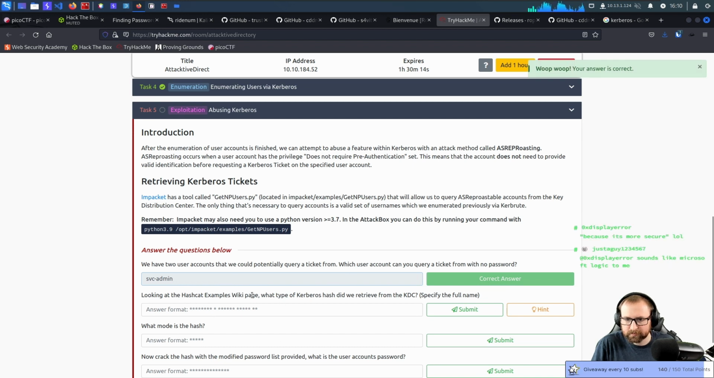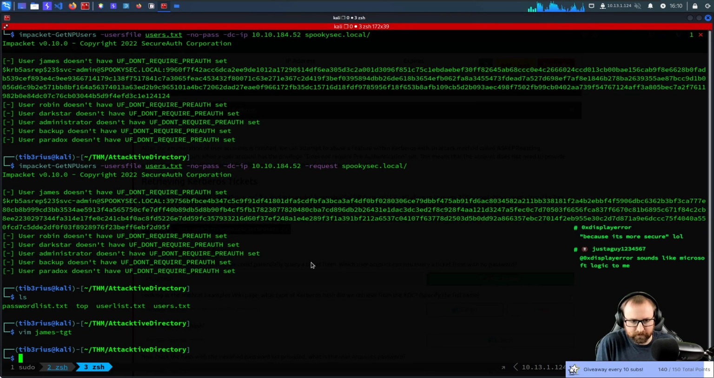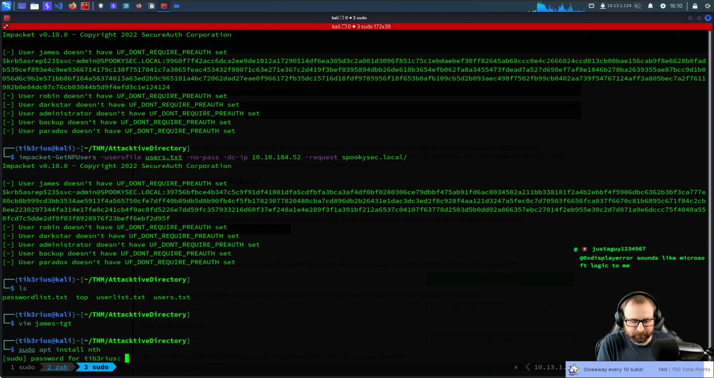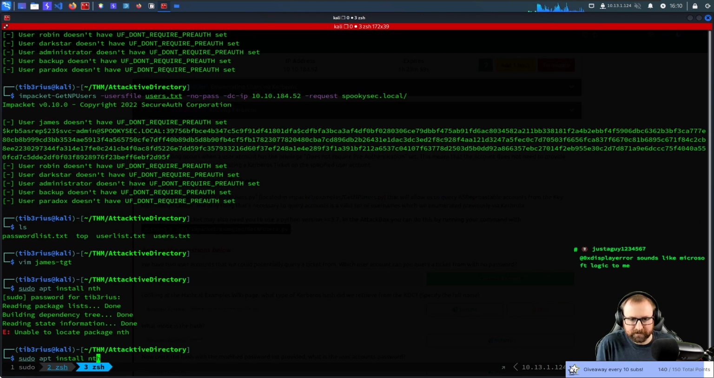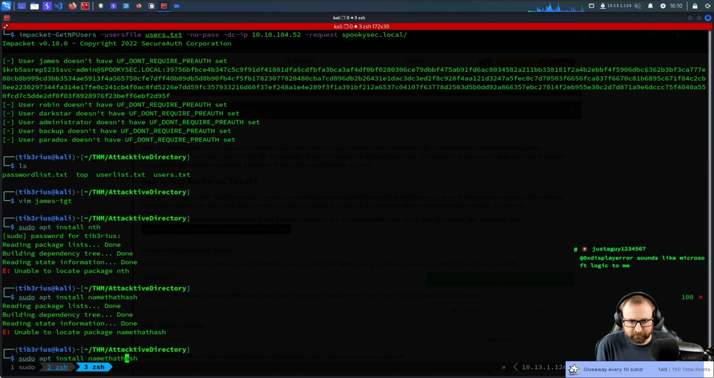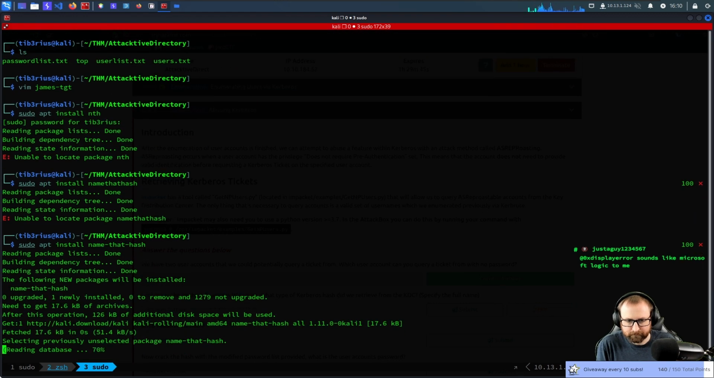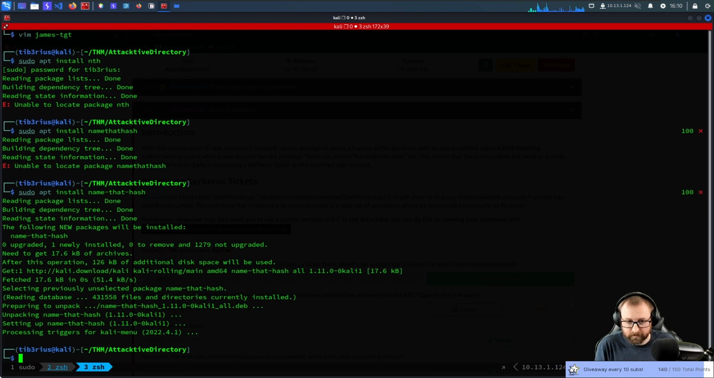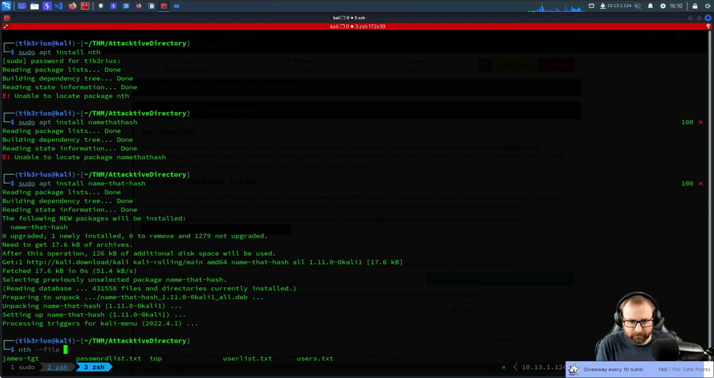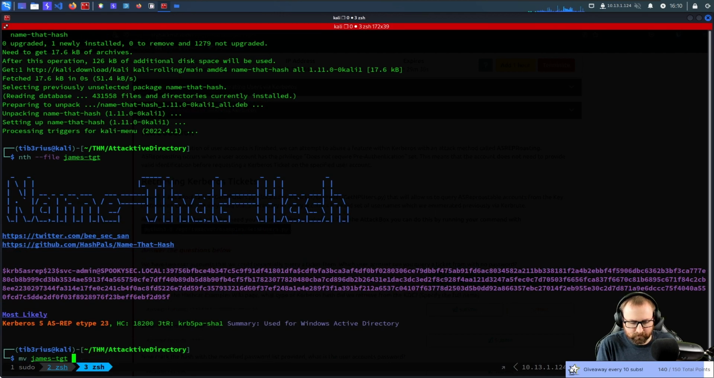Okay, looking at the Hashcat examples wiki page, what type of Kerberos hash did we retrieve? Well, we can probably just do name that hash. Oh, I haven't got name that hash installed. Hang on. Probably need name that hash. Name that hash file. I called it James TGT. We're going to rename it in a second to svc-admin